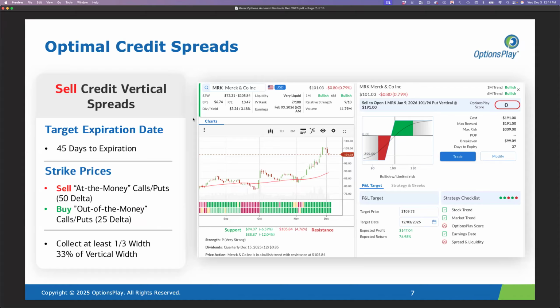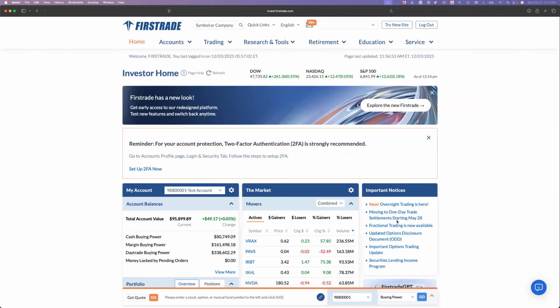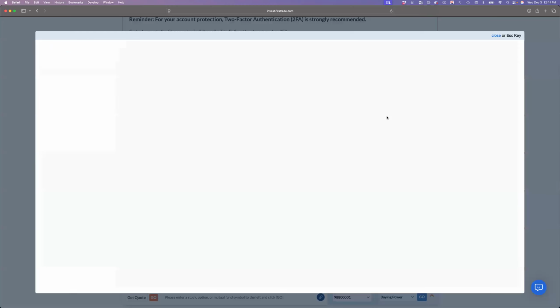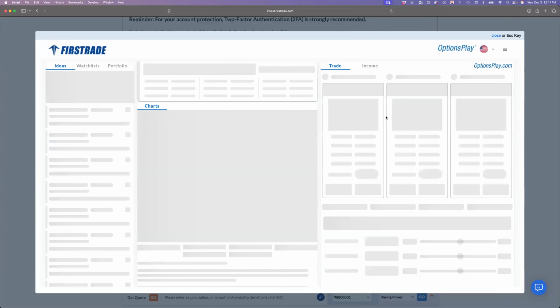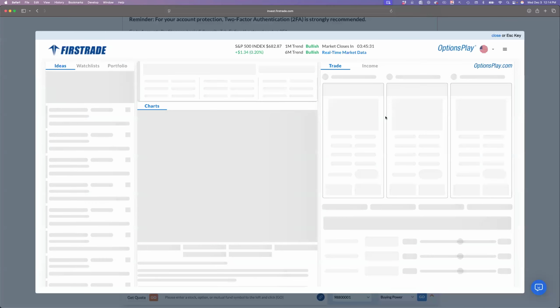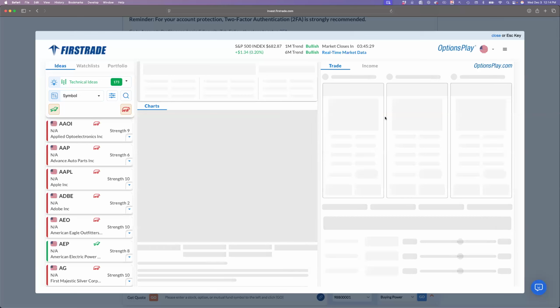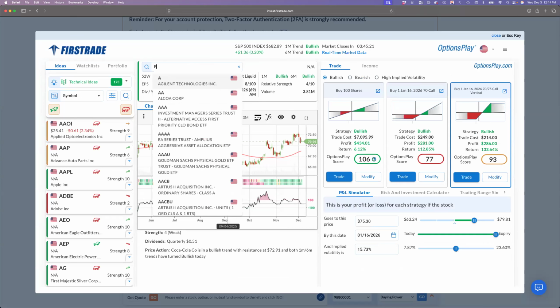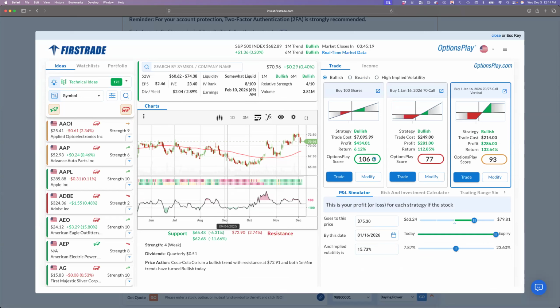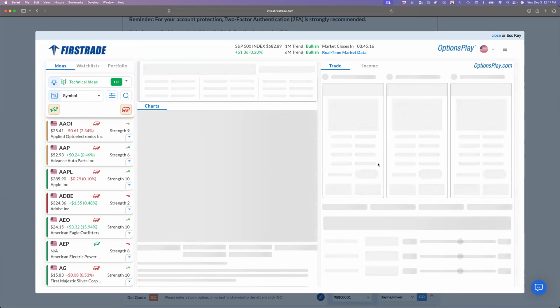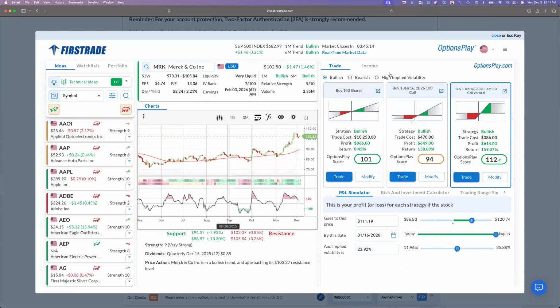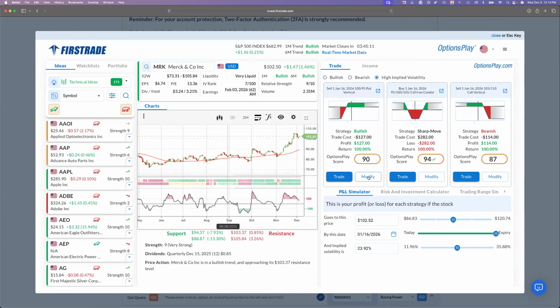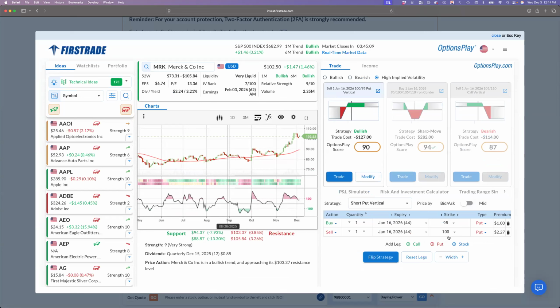When you're using your OptionsPlay platform, or any other platform, I'll show you how our tools identify the specific expiration dates for you automatically, so that you don't necessarily have to memorize all of these things and do it manually. Our tools will actually apply these things for you automatically. But if you were to structure one of these trades manually on your own, our tools provide you with the ability to structure these, because as you can see,